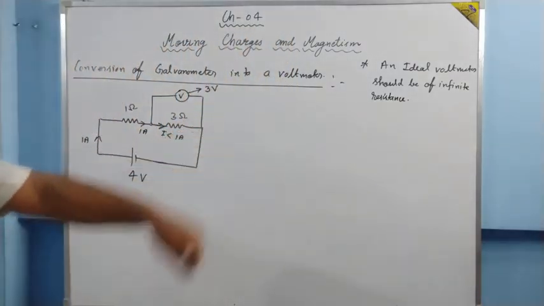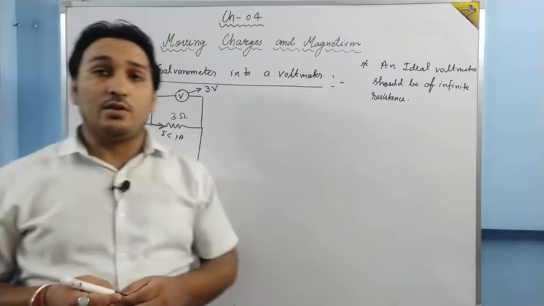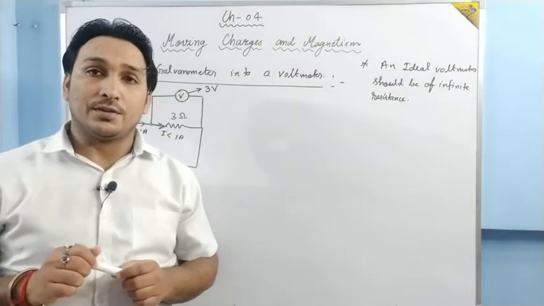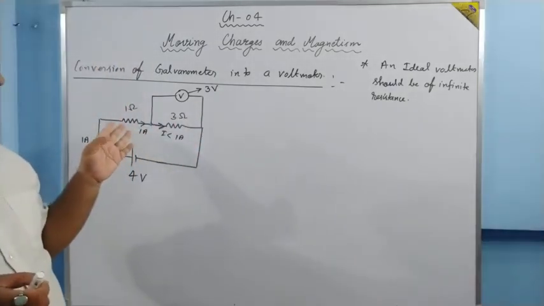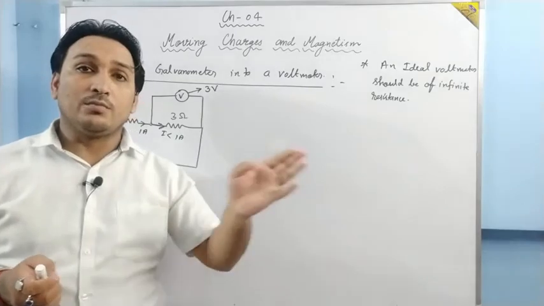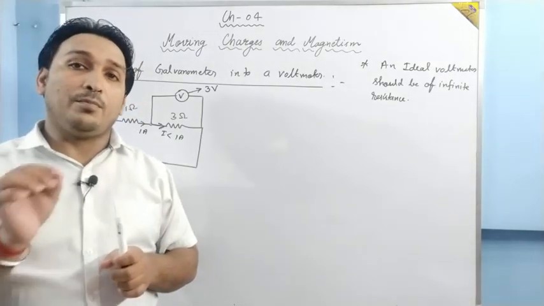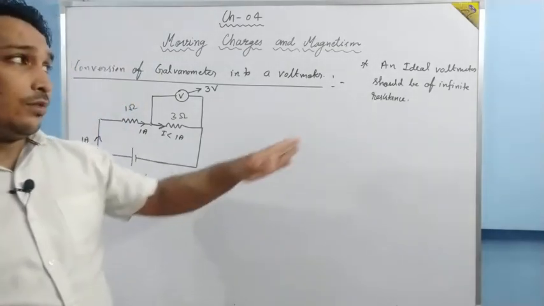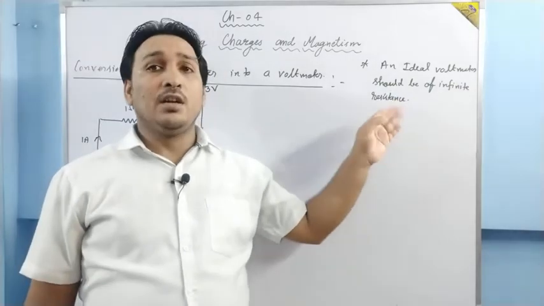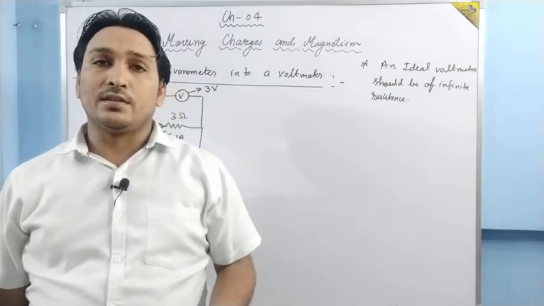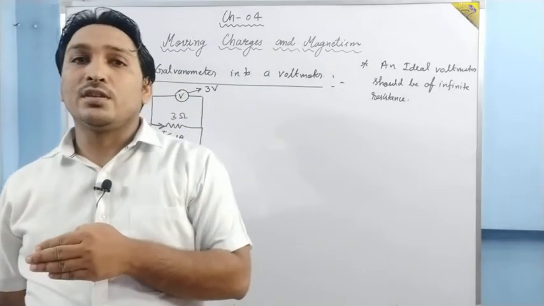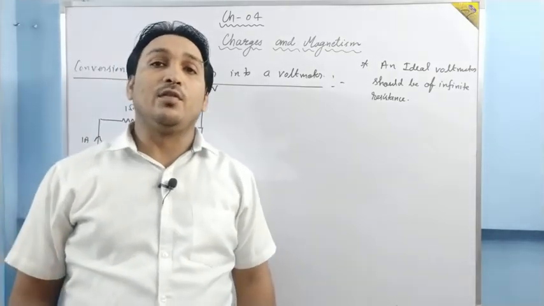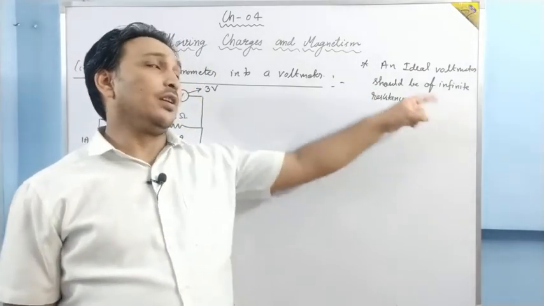Okay, I have taught you in the last video the chapter potentiometer. What does a potentiometer do? A potentiometer also measures the potential difference. What does a voltmeter do? The voltmeter also does the same. It also measures the potential difference. But we prefer the potentiometer over the voltmeter because a voltmeter ideally should be of infinite resistance, but in real practice it is not of infinite resistance. It draws some current from the circuit, and because of that it does not give the accurate value of the potential difference between the 2 points across which the voltmeter has been connected.